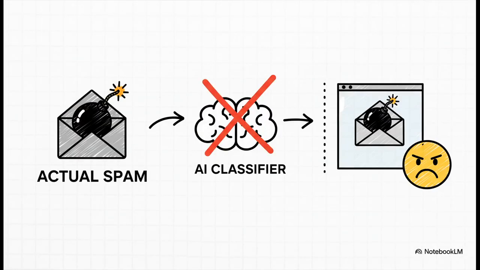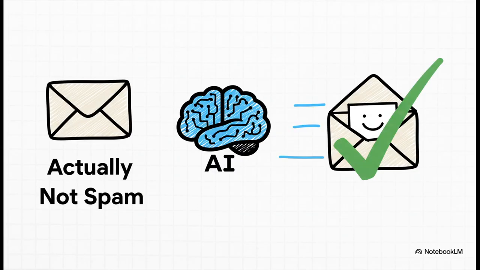Then you've got the other kind of error, a false negative. This is when a piece of spam actually fools the filter and lands right in your main inbox. It's annoying, for sure, but maybe not as catastrophic as missing out on that job offer, right? And finally, we have the other success story, a true negative. This is just a normal, everyday, non-spam email that the model correctly identifies and lets right through to your inbox. The system is just working.